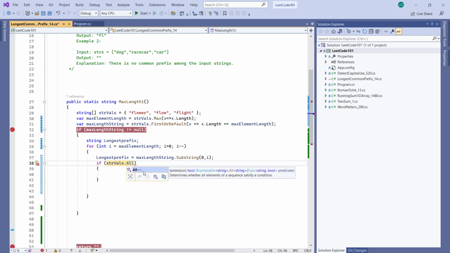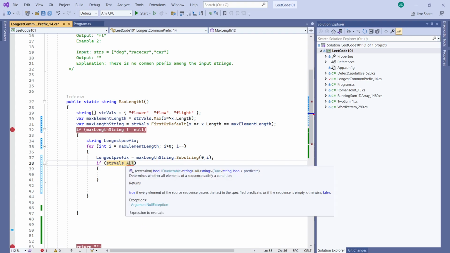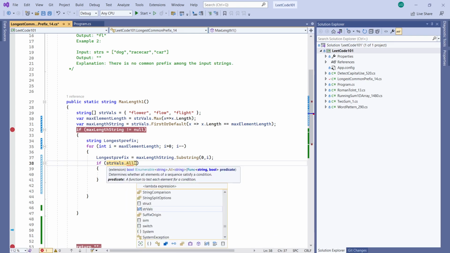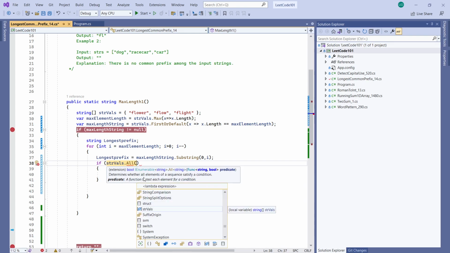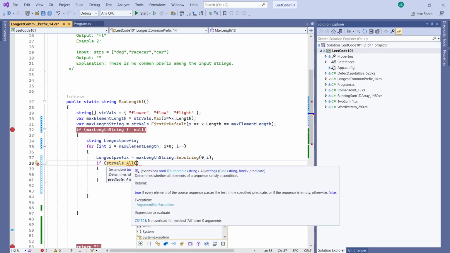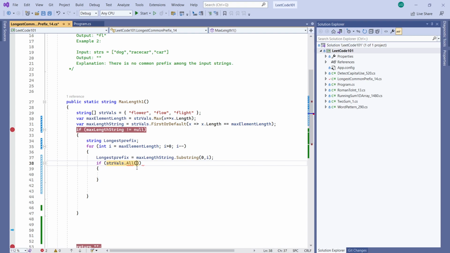What all will do is determine whether all the elements of the sequence satisfy the condition. So we're going to provide a predicate that needs to be satisfied. All the items need to satisfy whatever condition we pass. So the predicate would be something like this: x dot starts with